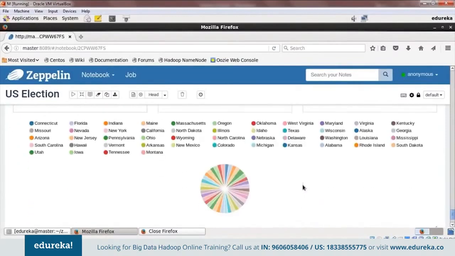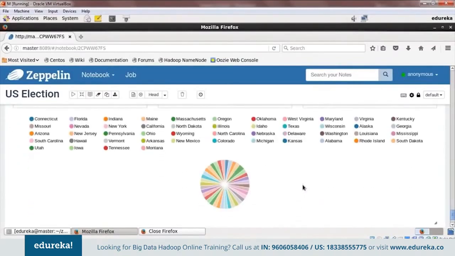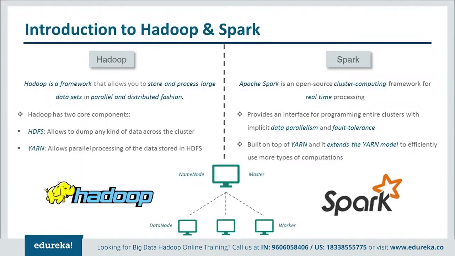So these are the visualizations that will help you derive a conclusion, to derive an answer, whatever answer that Donald Trump wants from you. And don't worry, you'll be learning how to do that. I'll explain each and every detail of how I've made these visualizations. So let's get started with Hadoop and Spark.